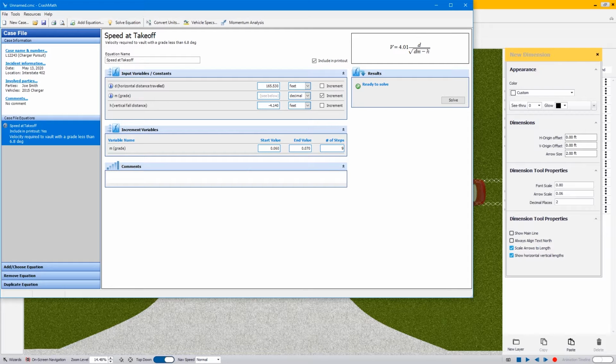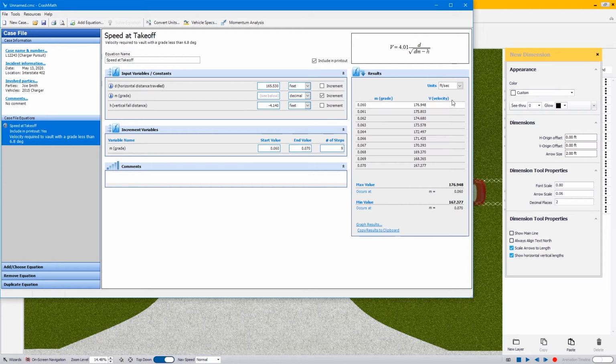and you wanted to do this in 9 steps, you would hit solve, and this would give you a range of values for a different slope. So if we had a takeoff grade of 0.06, we could expect a speed of 120. If we had a takeoff slope of approximately 0.07, we're going to end up with 114 miles an hour for our takeoff velocity. So this does create a nice way for you to increment your values. If you do want to see a graph, you can do that, or you can copy the results to the clipboard